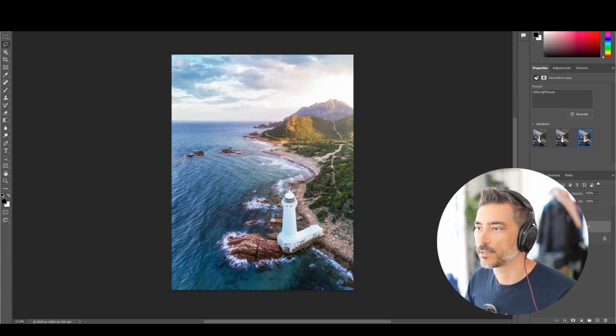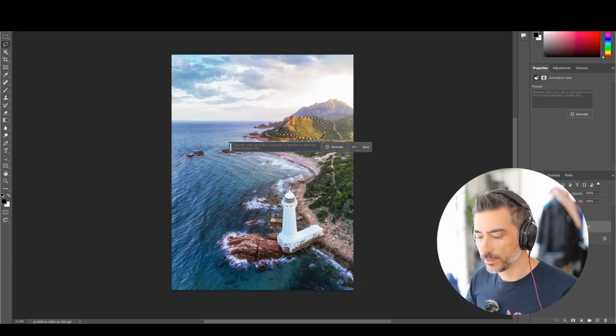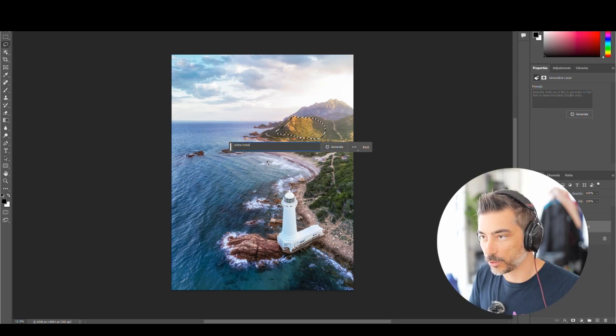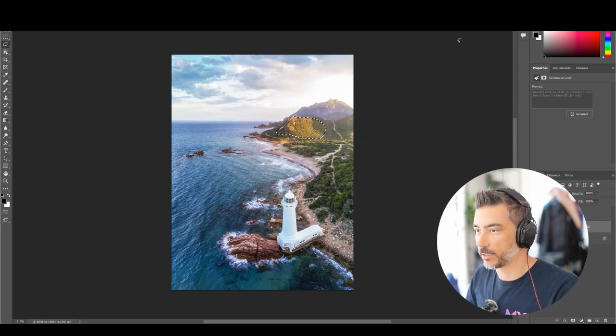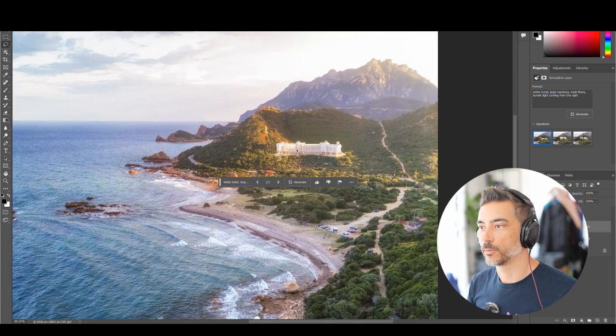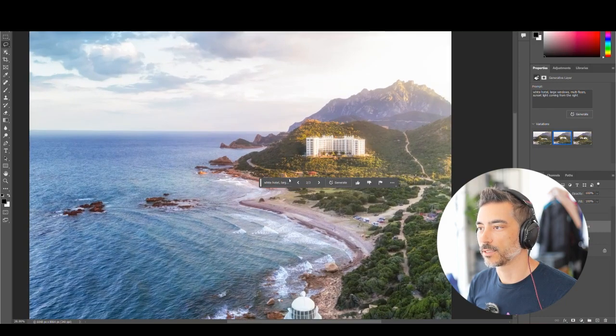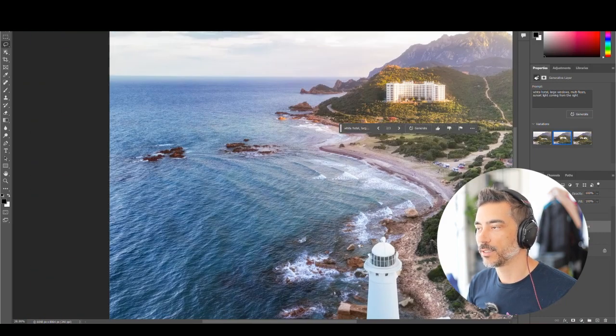Let's say I select now this part of the hill up here. And this time I'll say white hotel, large windows, multi-floors, and with the sunset light coming from the right, and generate. Not bad. So let's see the second version. I like this more. Super cool that it matched the sunset light coming in on the hill with the hotel